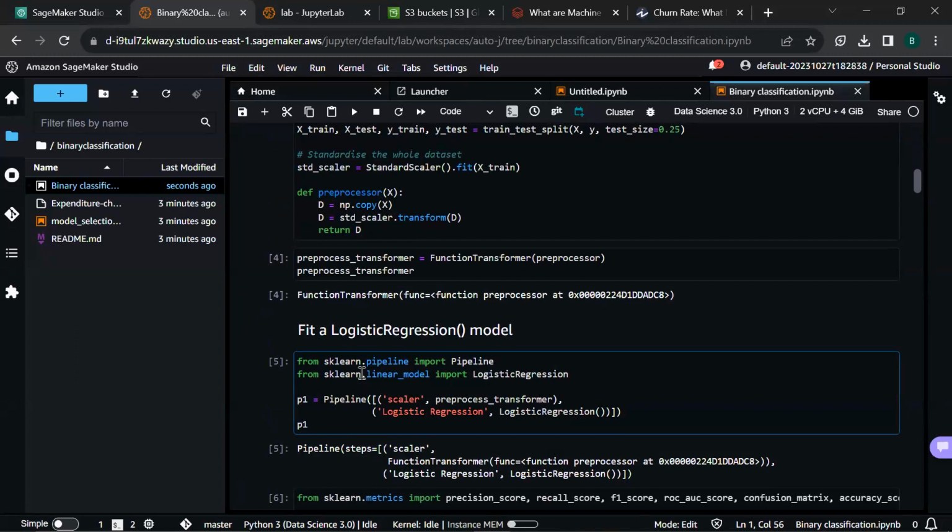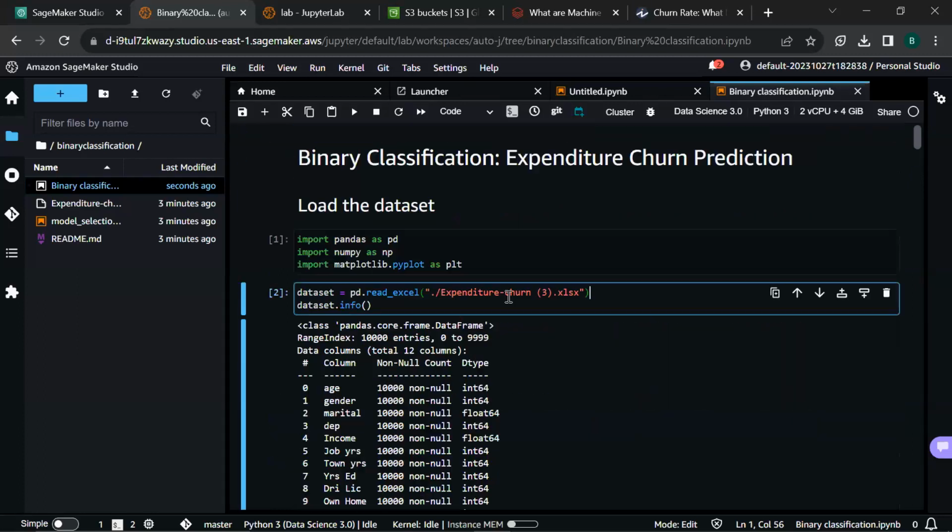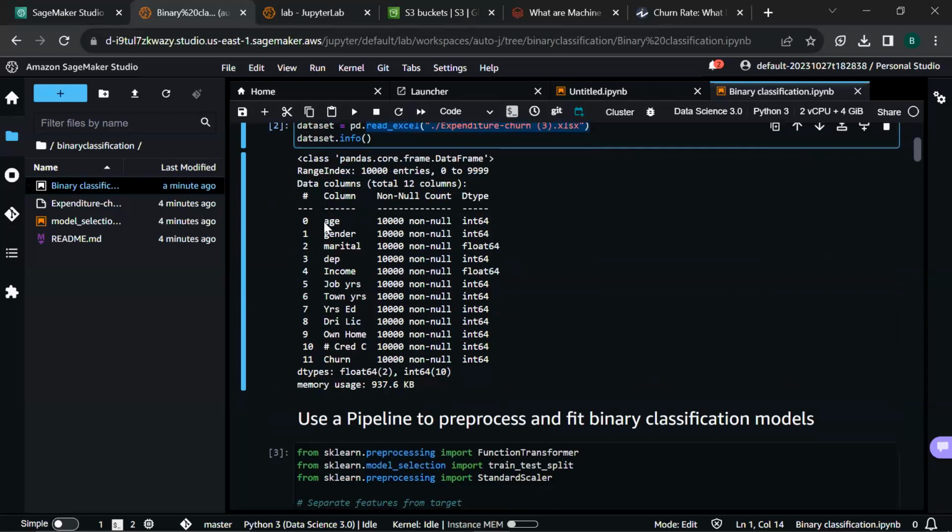So for example, the churn rate, which was yes and no, have to have numerical encodings for it to work with machine learning, which is 0 and 1, 0 for yes and 1 for no. And then you can now feed your data to a machine learning model. So that's the first step that we have done here. We've imported the data, and we can see the columns. We have age, gender, marital status, and so forth. And what we are trying to predict is this last one. It's called churn.